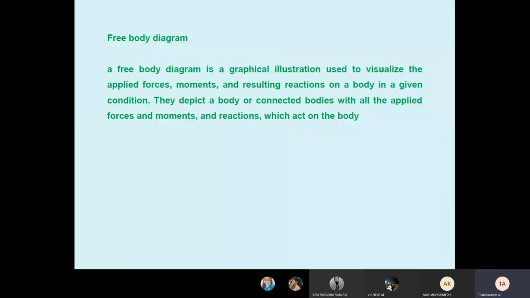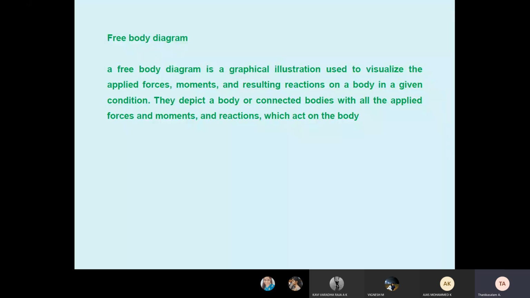Students understand, already we followed the free body diagram. Here we also specifically discuss it because we are going to discuss rigid body, no? And the particle means all forces passing through a single point. Students understand? Very important point. Particle means all forces passing through a single point. Rigid body means all forces not passing through a single point.